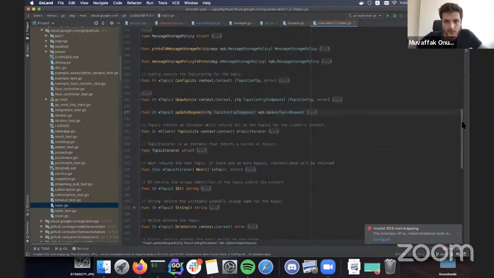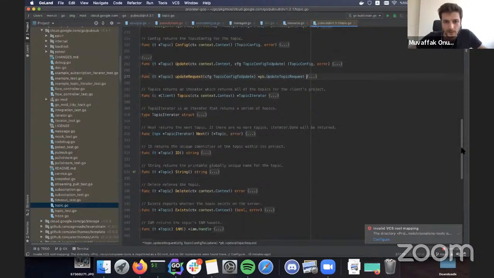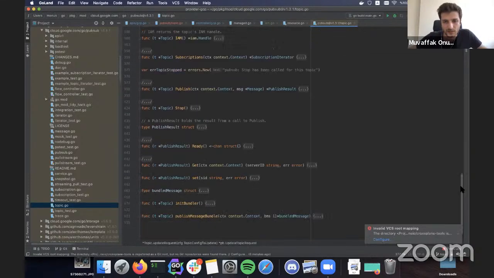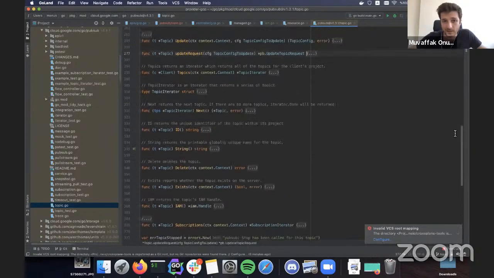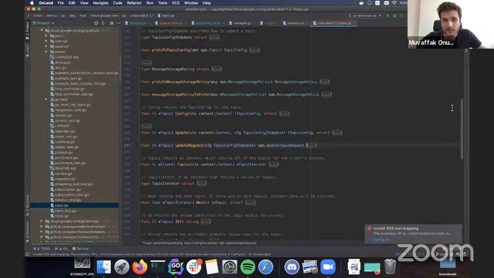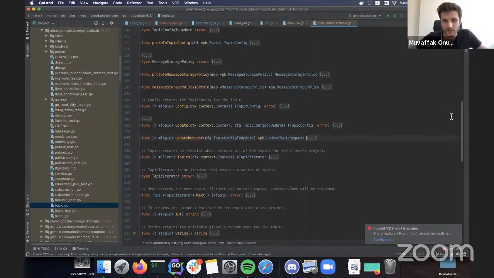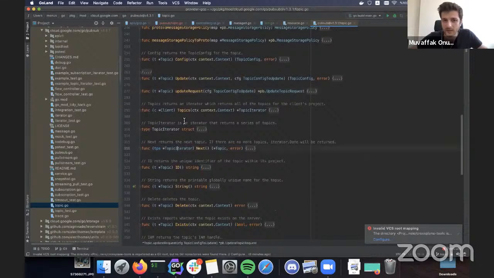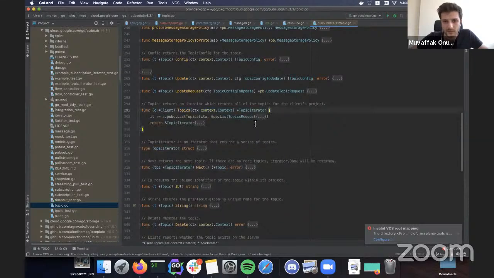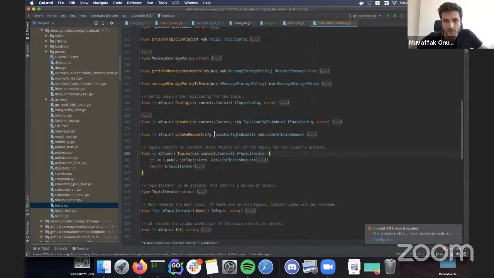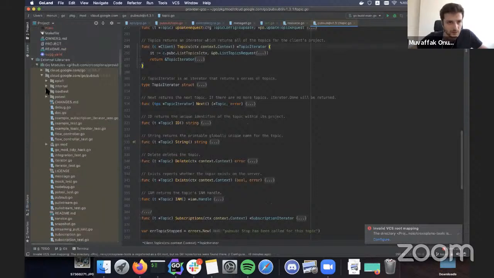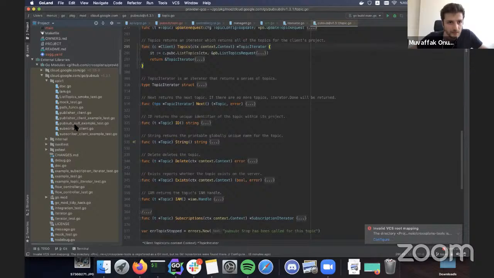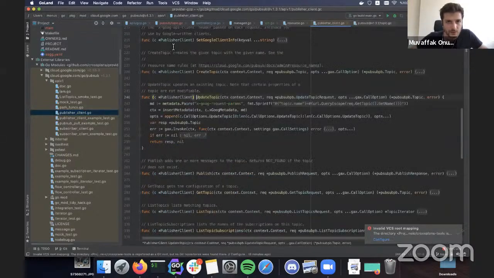So I've looked into this client, but it doesn't actually meet our standard because it's a higher level than the lower level one, but it doesn't have, for example, the get topic method. It has a topic iterator that gets all the topics, and then you have to find one from them. But there is actually a simpler API here in API v1, and it is in publisher client.